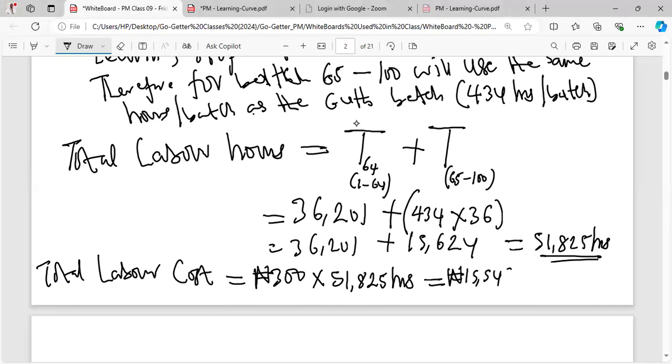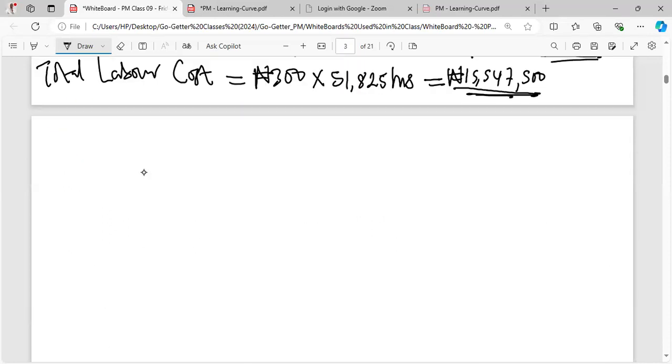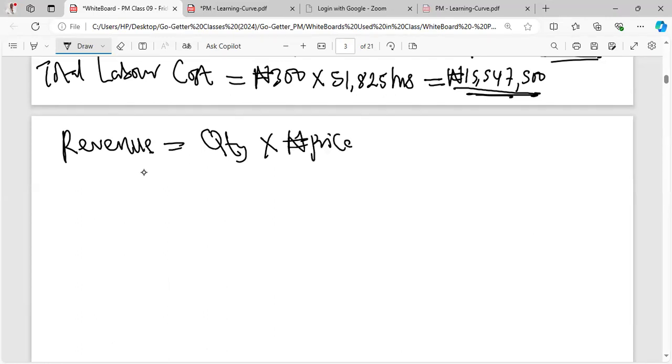15,547,500. Now this is our labor cost. So you need to remember this when we are looking for selling price. So what do we do? We know that revenue is equal to what? Quantity times price. I put naira as the price. Okay? We can now divide these two